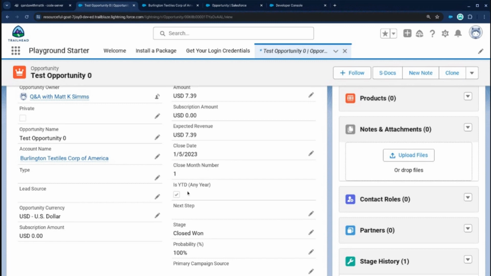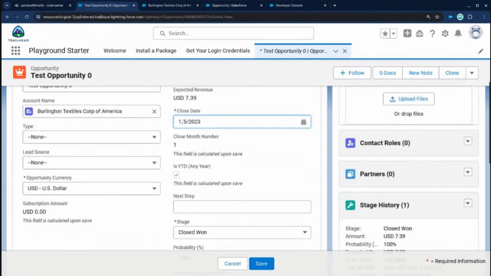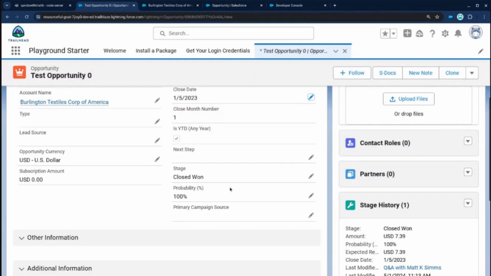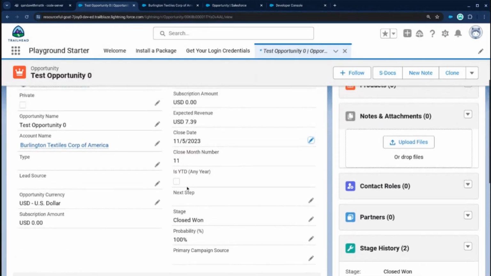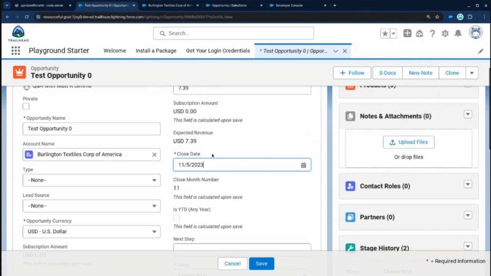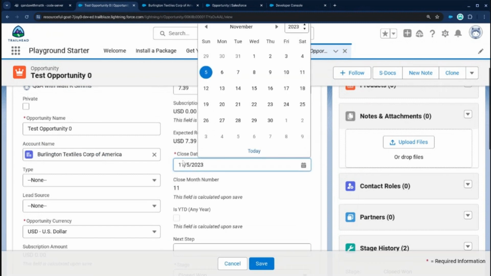And then this checkbox says is year to date any year. Just to show you that this checkbox will change, I'm going to change this to November 2023. Now that should be not checked because it's not November of 2024 yet in the recording of this video. And of course, this got changed to 11. So they both work. Great formulas. I really like that they're simple,